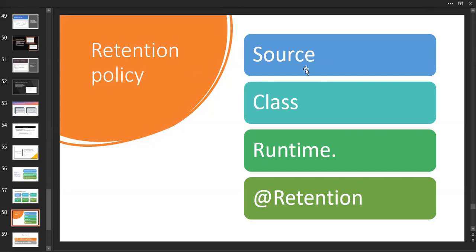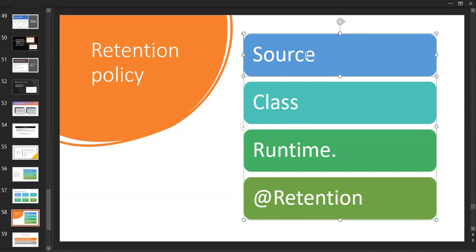Based on that, we have three cases, not types, cases. These are the three cases we are going to discuss for the retention policy. One is SOURCE. With the SOURCE case, the annotation will stay only at compile time.